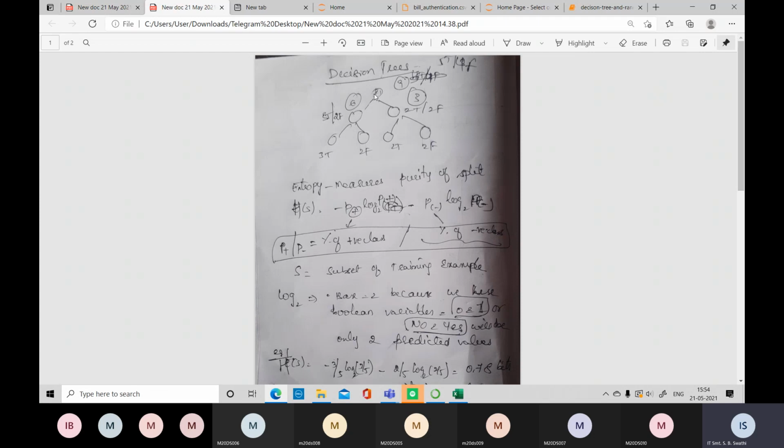All those lines which contain MTech CSE as the third attribute, that complete line with the other two attributes, will be assigned to the left side. And whichever lines contain IT as the third attribute, that complete line will be taken as the right side statements.